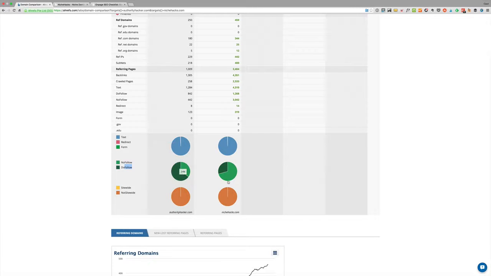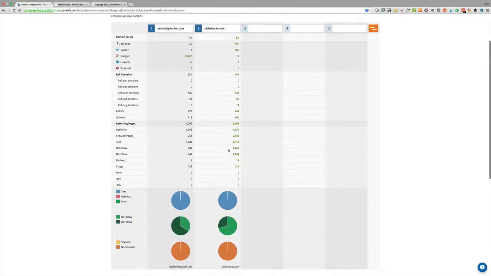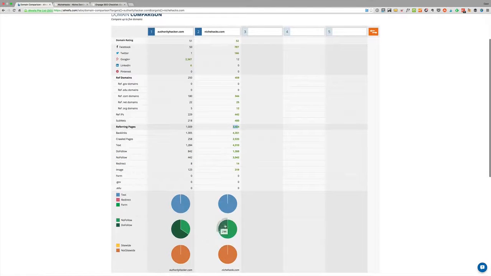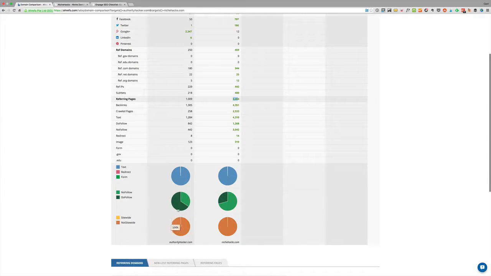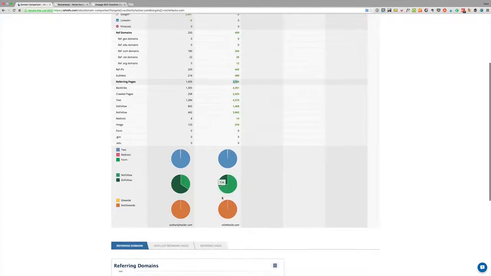66% are, whereas for him, only 29% are, which means that a lot of the links he has, despite the fact that he has much stronger link metrics, are actually no-follow links that hopefully should not help too much in search engines. So actually, despite the fact that we see that he has way more links, we're pretty close in terms of do-follow links, i.e. links that should count for search rankings. So it's actually not a completely lost match, and I think we have a little chance of competing if we do